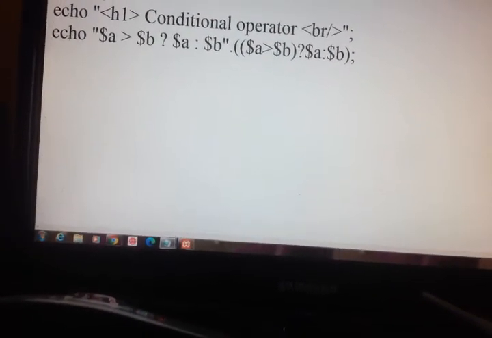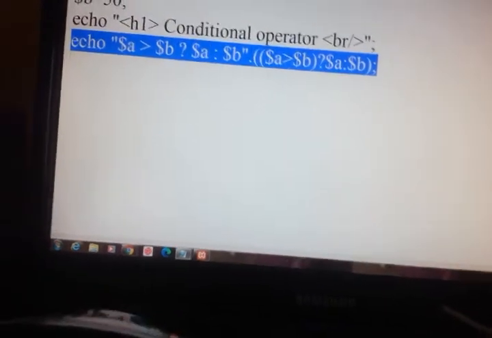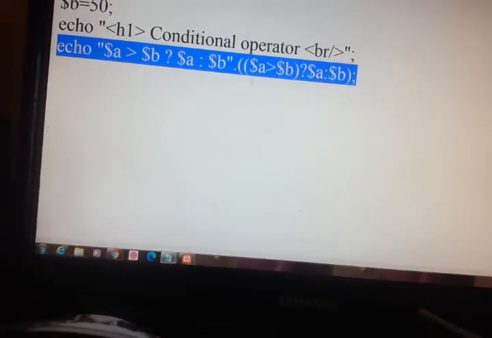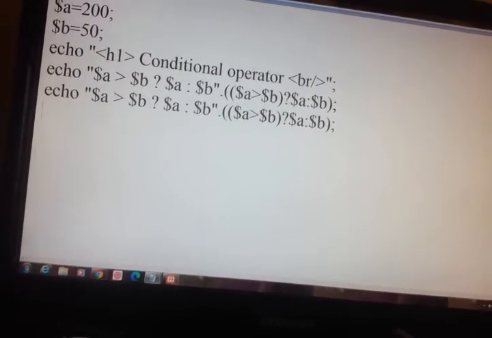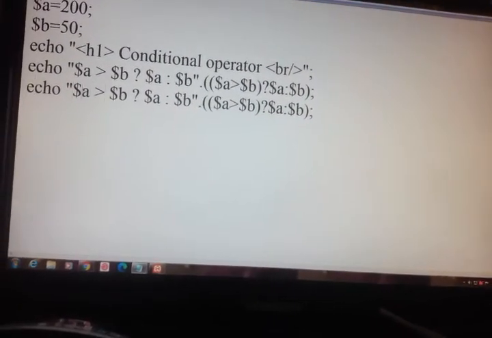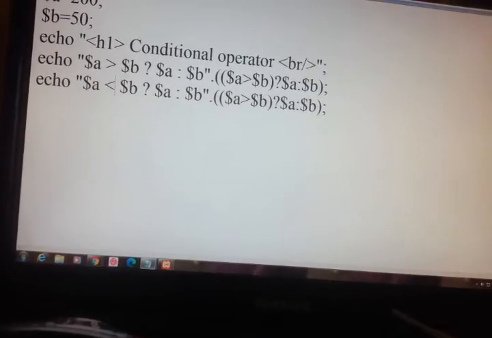So we'll see both the statements. Here I'll write $a less than.